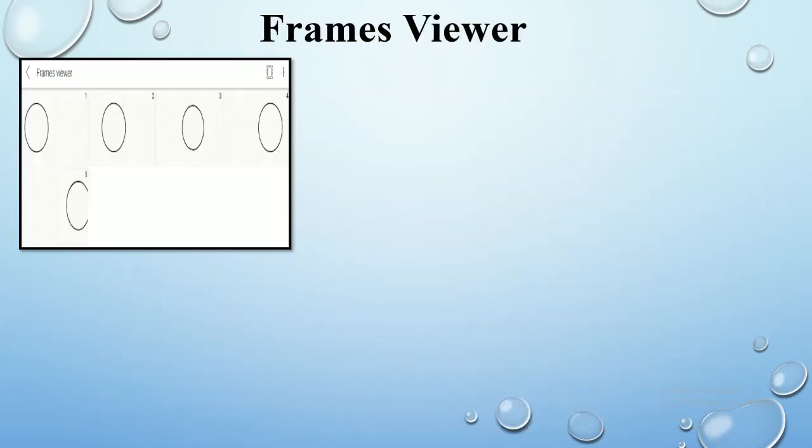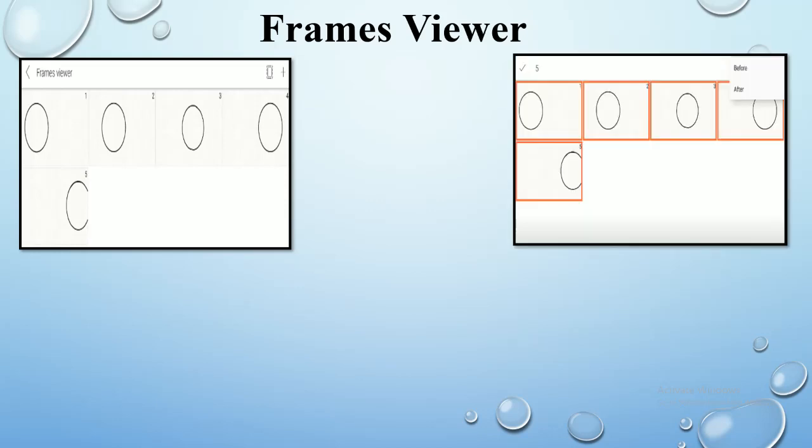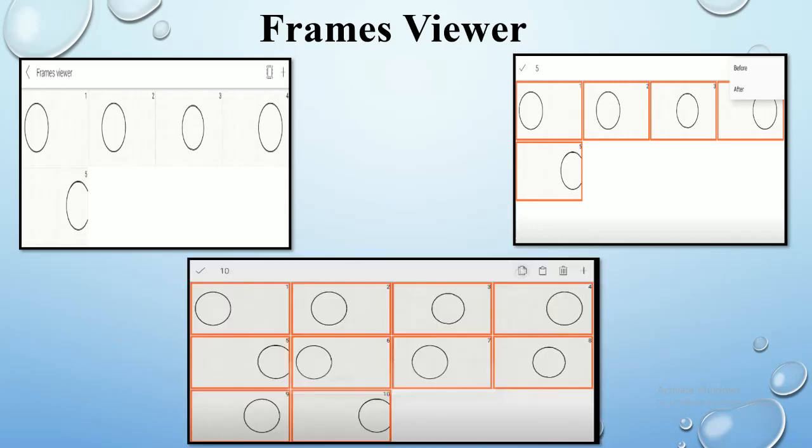Then the frame viewers option. What is the purpose of using the frame viewers option? It is used to copy and paste a bulk of frames. The frame viewers option is available in the three dot button. If you press it, the frame viewer option is available. So whatever you want to select, how many slides you want to copy and paste, you just select them. The position also you have to select, before or after the particular selected cells, and you just copy and paste and repeat the bulk of slides with the help of the frame viewer option.